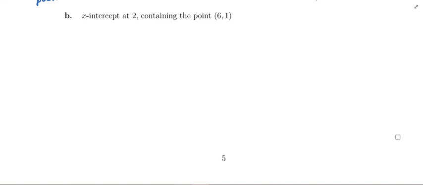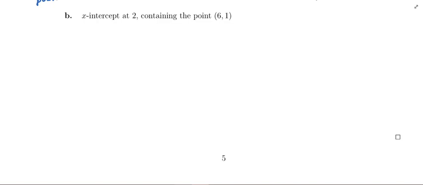In example 5b, we are again trying to come up with the equation of a line that meets certain characteristics. This time, the characteristics are that the line has an x-intercept at 2 and it contains the point (6, 1). Okay, so we know that since we are trying to come up with the equation of a line that meets